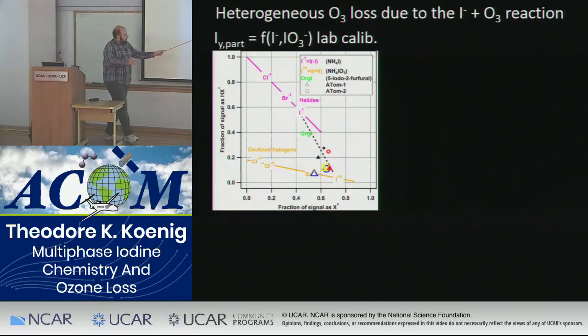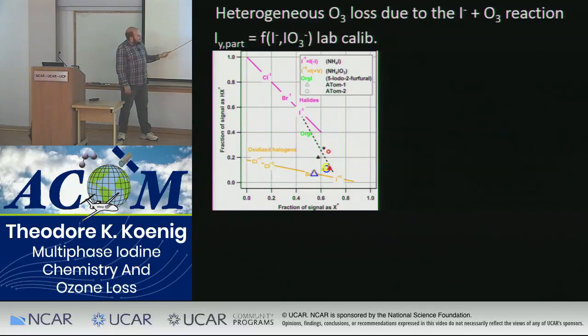So these are the calibrations I was talking about earlier. We did calibrations for all of the halogens, but I'll focus here. The main thing is that the halides follow a nice line on this HX+ versus X+ metric, which gives us more confidence in our individual iodide calibration. You can see it comes down this one-to-one line, and as you go to larger halogens, you get less HX+ signal.